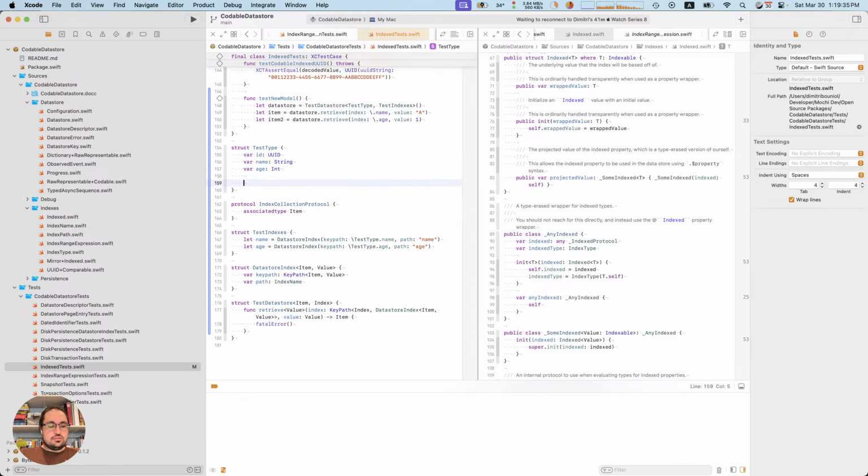Okay, and what type is genre? A string. Let's just go ahead and say that the genre is name plus age. Okay, nice little string. If I wanted an index for this now, I just have to duplicate this and replace it with genre. And already this is much better because that's all I needed to do.